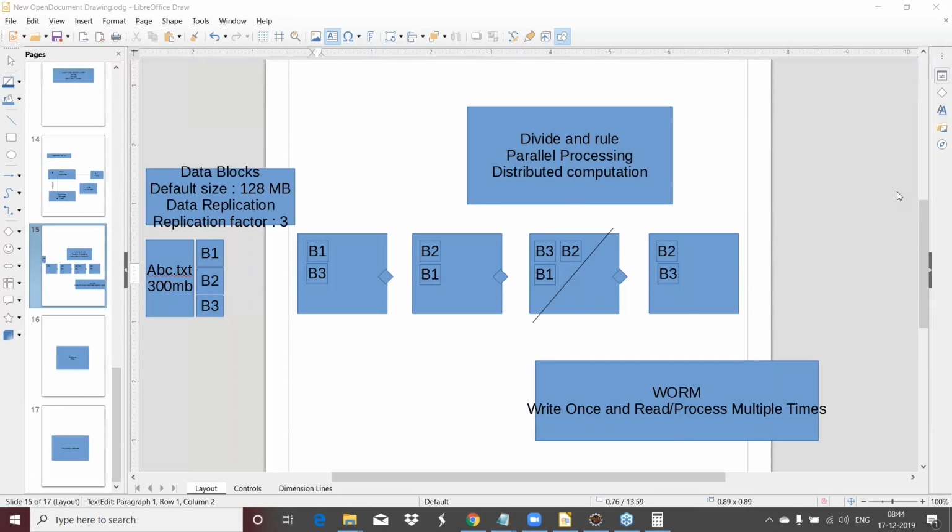So Sandeep is saying that replicating the data 3 times will waste your storage or something like that. Sandeep, please understand one thing. You're making use of commodity hardware. Even if you are replicating it 3 times, it is not going to increase your cost much. But at the same time, you will get a high level of reliability. So you are getting a high level of reliability at a cheaper cost. I hope you understand.